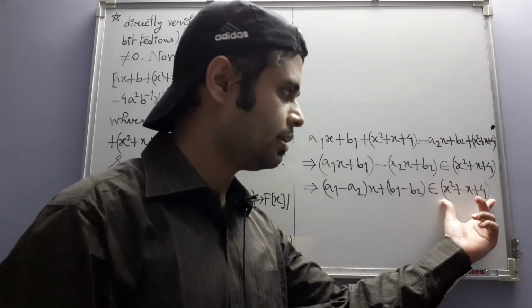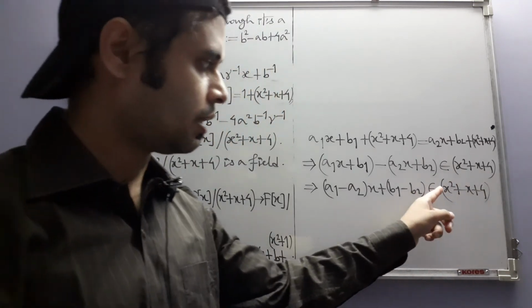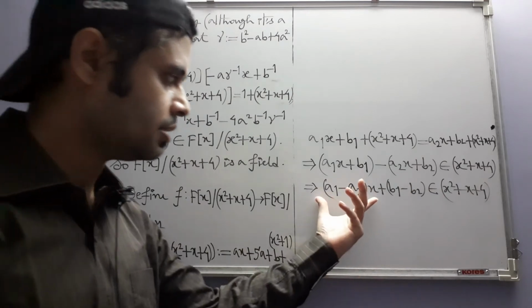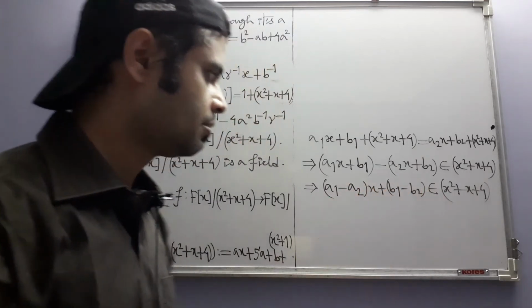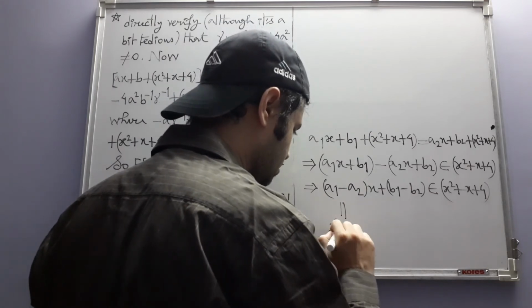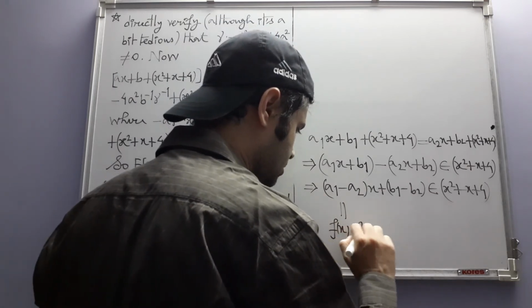Now in this ideal, every element is a multiple of this polynomial. So if this polynomial has to be a multiple, say this is equal to some fx times x square plus x plus 4,